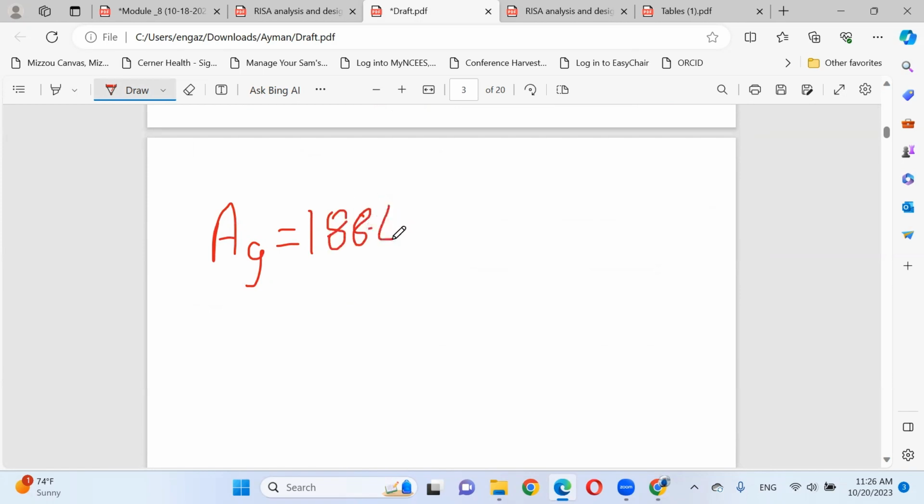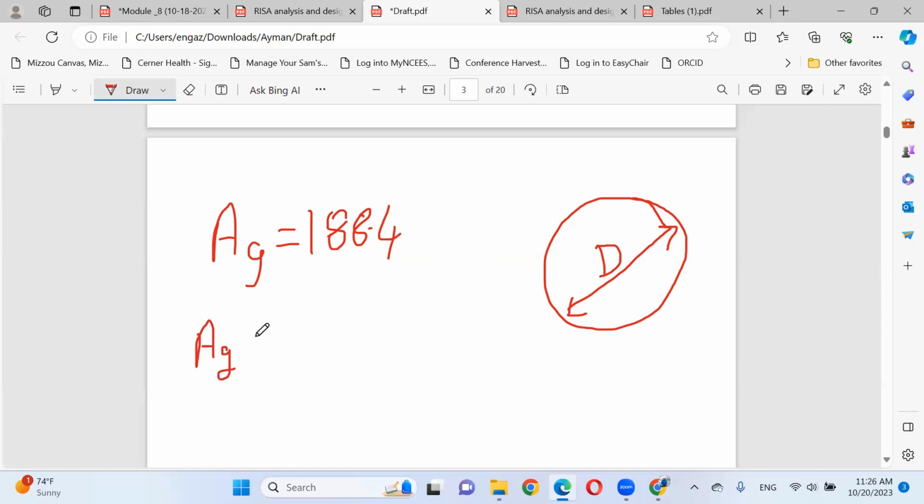Sometimes the area gross you got is 188.4. I need to convert this area gross to a circle because your column is a circular column. In this case, I need to figure out what is the diameter of this column. So keep in your mind, in this case, your area gross will equal pi divided by 4 times diameter squared.